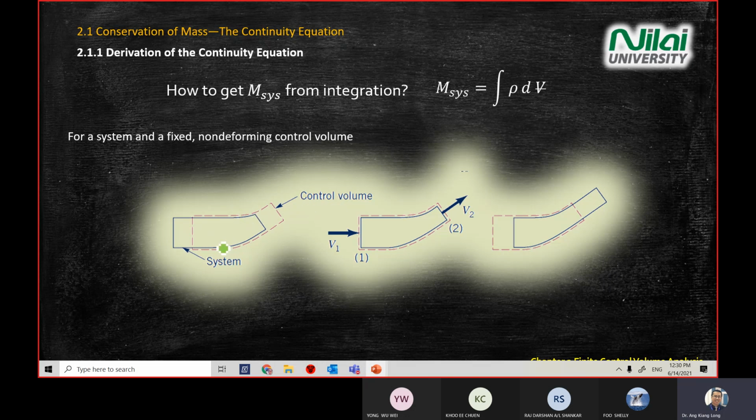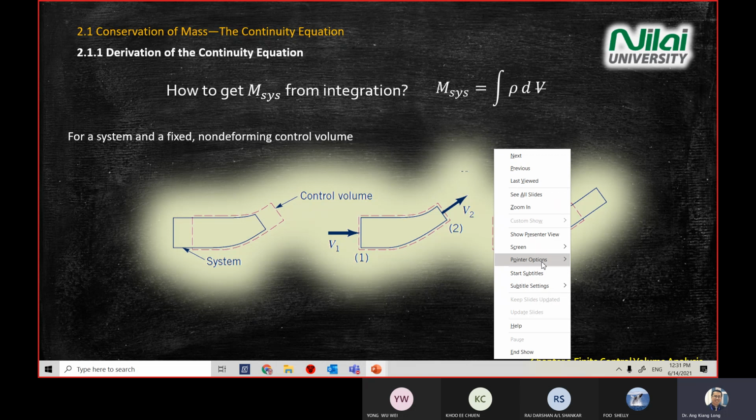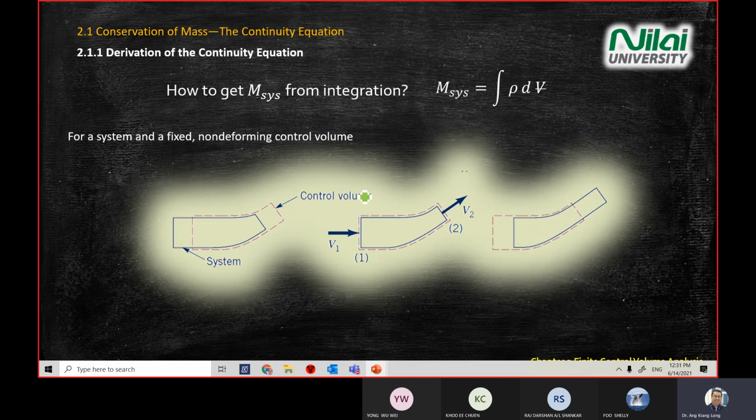So in your test or exam, if the question asks you to solve using a control volume approach, then in your answer, you draw the control volume like this. You draw the dashed line, you draw an arrow, you write control volume, and you will get 1 mark for this effort. Okay, then the second one, you look at